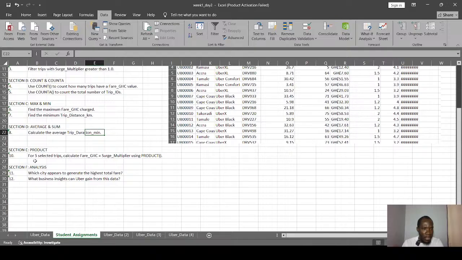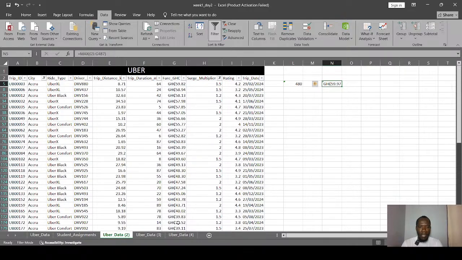And then there was one question that I added that is, I think, ahead of the class. Yes, question 11. It says, which city appears to generate the highest total fare? We'll look at how to do that today, right? And that is ahead of us. So I gave question 11 as a bonus. I didn't consider it as marks, I just gave it to everybody. So let's not worry about that. We are going to look at how to handle such a question today.